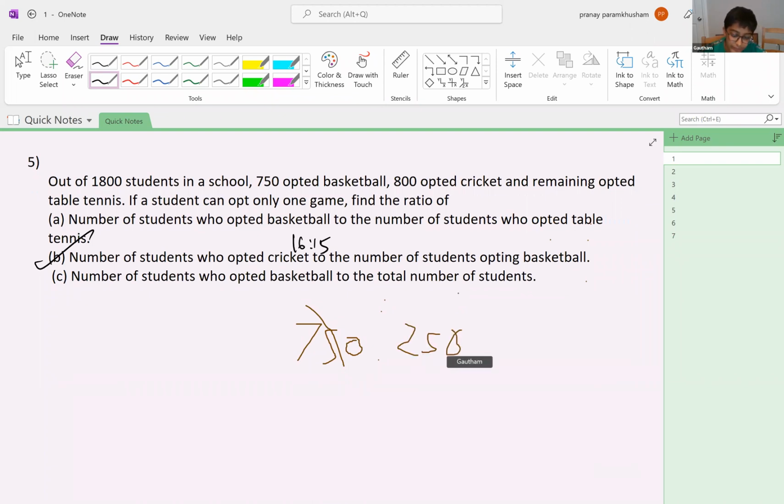$250. Yes. Now do the ratio. Cancel those and divide them by 250, and then the ratio is 3 to 1. Yes, perfect. You got A, you got B. What about C? Yeah, I'll calculate that. Write down 3 to 1 next to the first one.